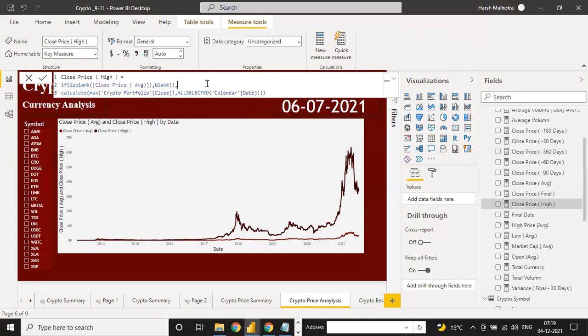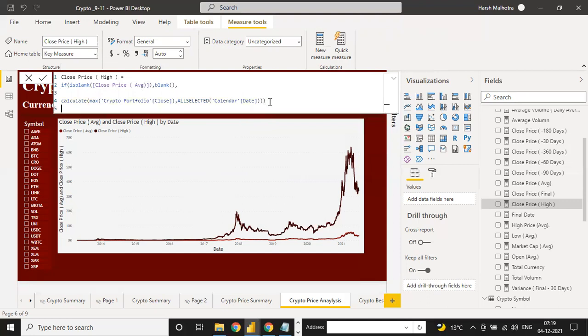See what this function is showing. Let me give you a complete understanding. This close price measure we have created. If this close price average in any row is blank, the result should be blank. Then we calculate the maximum of this close price, and ALL selected means the complete date range, your selection of the date range. If I use only the maximum, it would only cover the complete rows of the data.